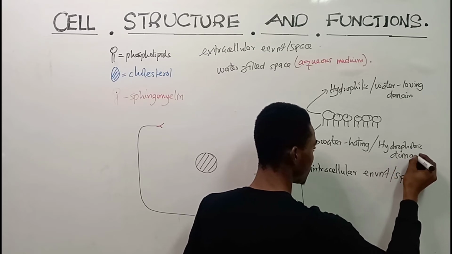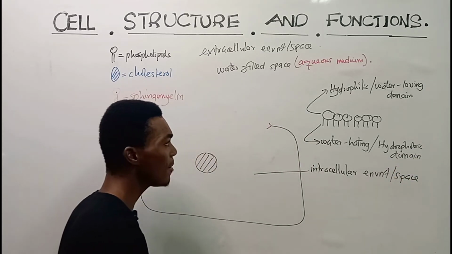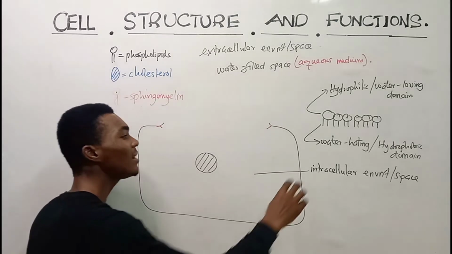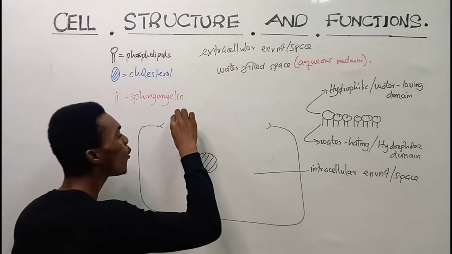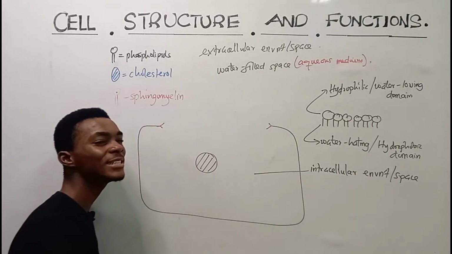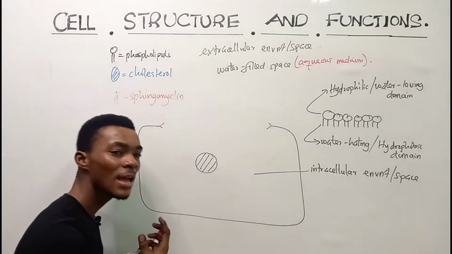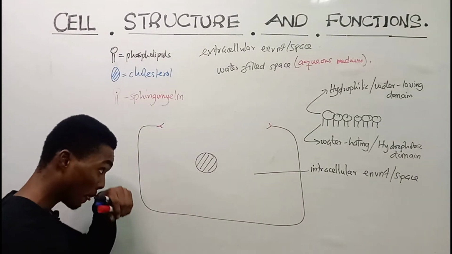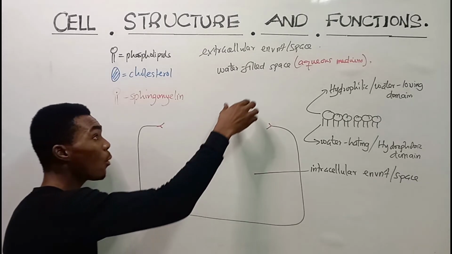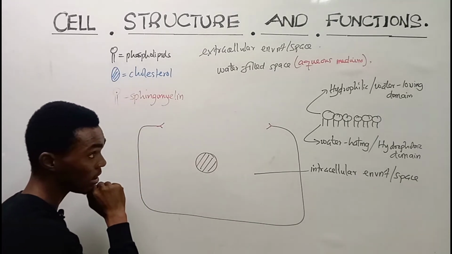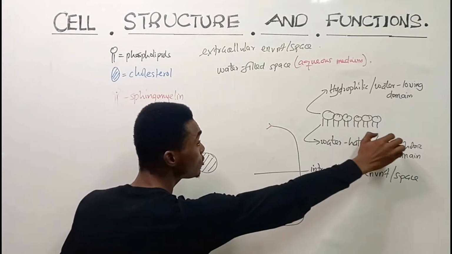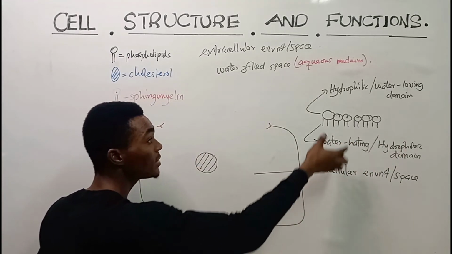Fine. Now, knowing this, we come back to a question: how are these phospholipid structures being configured or oriented in our cell membrane space? How are they being arranged? Fine. So now, respecting our water-filled extracellular space, and knowing that our phospholipid structures have two distinct portions, water-loving